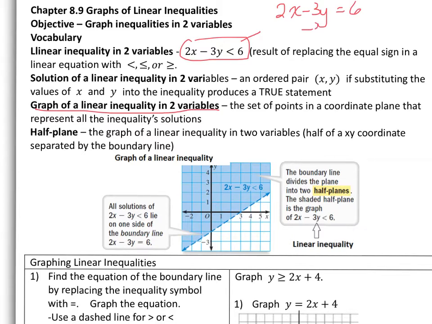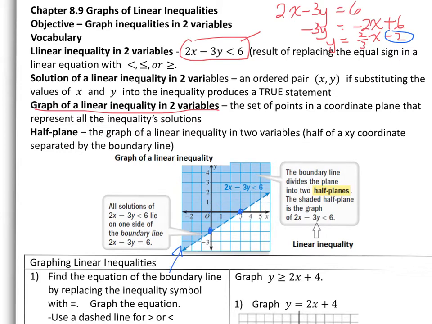So I'm going to change this to slope-intercept form, and we get y equals 2/3 x minus 2. As you can see, the y-intercept is -2, so here's my point, and then I will have to shift 2 units up and 3 units to the right to get my other point. Now this would be my